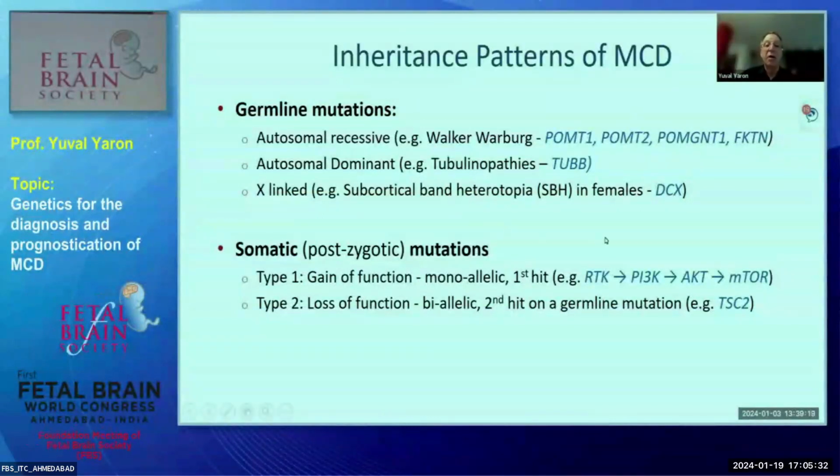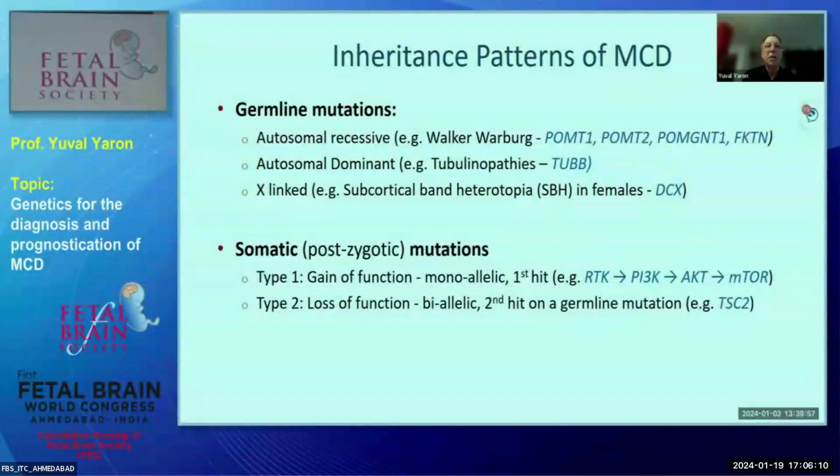X-linked disorders inherited from the mother, like an example of subcortical band heterotopias in females caused by the DCX gene. So these are relatively simple to understand, caused by simple Mendelian inheritance. And the way to diagnose these would be to take a DNA sample, could be during pregnancy, amniocentesis, or postnatally from blood samples. Somatic mutations pose a challenge because they are not necessarily present in all tissues and